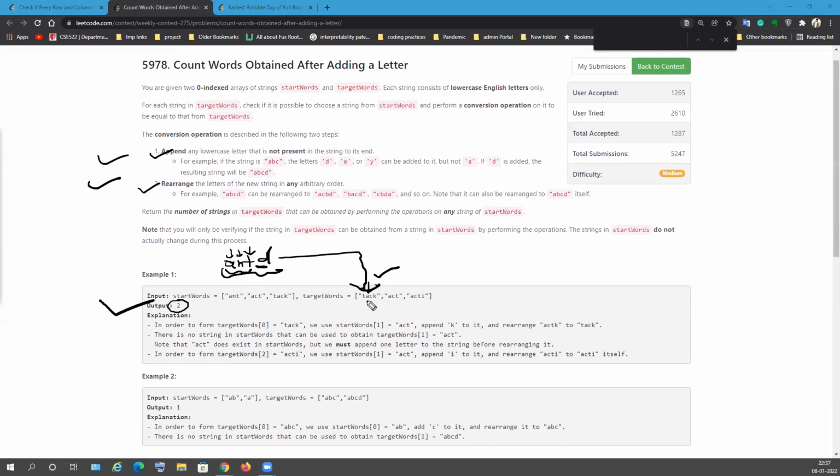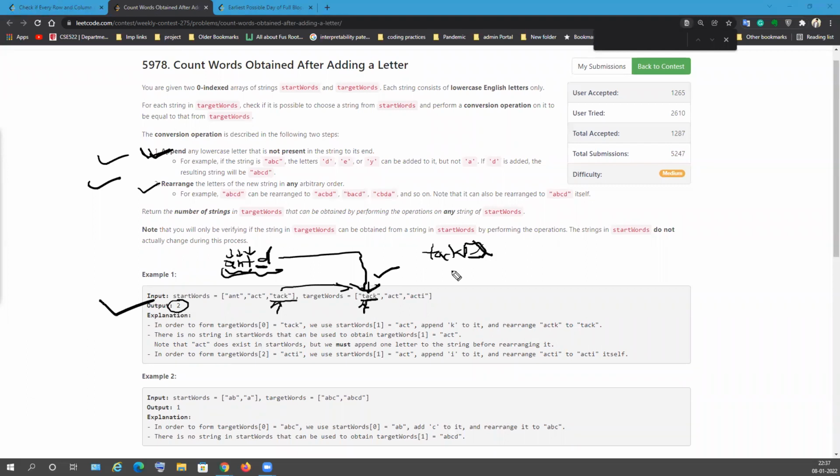So for example, in this example, the confusion is, why not tag, since tag is directly there? You might say, yeah, we have tag, so this will contribute to our answer. No, because in the conversion operation 1, appending is a must. You have to append something first, then only you can rearrange.